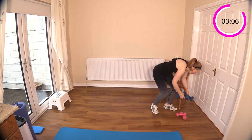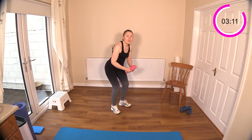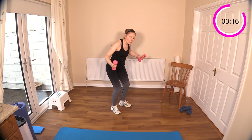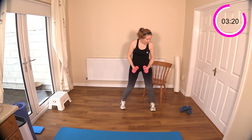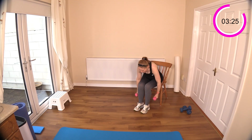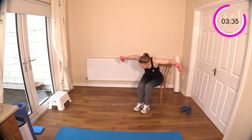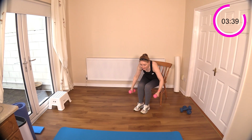Now, standing position for anyone that does not have a chair handy. Let that bum stick out behind you and send those elbows back, squeeze those shoulder blades. Now, if you want, you can just continue on there. You don't have to sit down. And the same exercise. Squeeze those shoulder blades together. Squeeze, that's it. Now, because we're on a chair here, I decided to transition into our seated leg lift next,